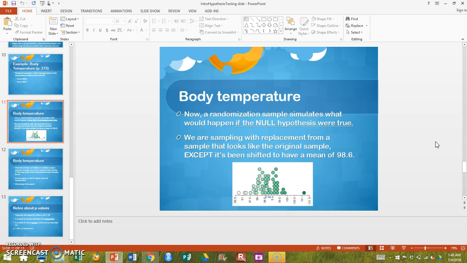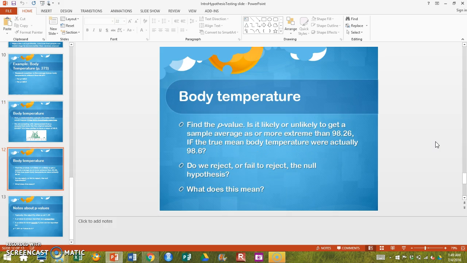And therefore, when we do our bootstrapping from our body temperature data and remake this nice distribution of bootstrapped mean temperatures to make them look like they are in the world of the null hypothesis, we simply shift that bootstrap distribution over to the center of 98.6 degrees. So again, you're just going to be bootstrapping and sampling with replacement just like before from the original sample, except we're going to shift every single one of those means such that the center of the whole thing is at 98.6 degrees. And that will look like the world under the null hypothesis, which is our objective when we do the randomization test.